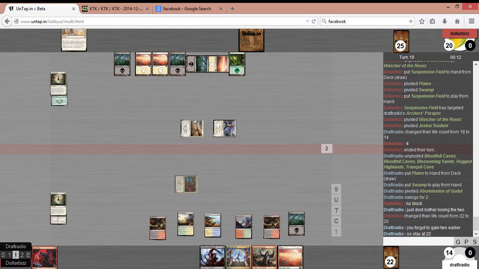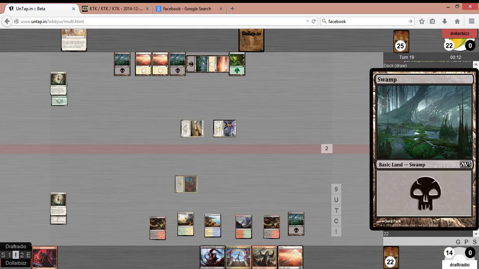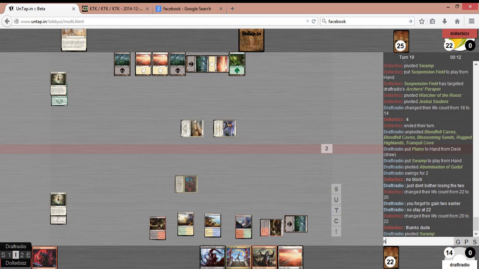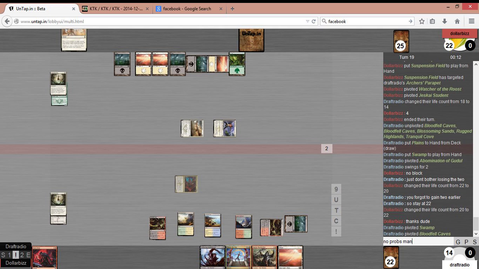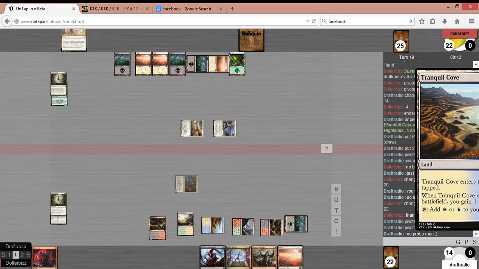And I'm just going to have him stay at 22 because he actually forgot to do a Watcher of the Roost activation earlier. So we've got to play honest here. As I always say, a win's a win, but you don't learn anything if you just